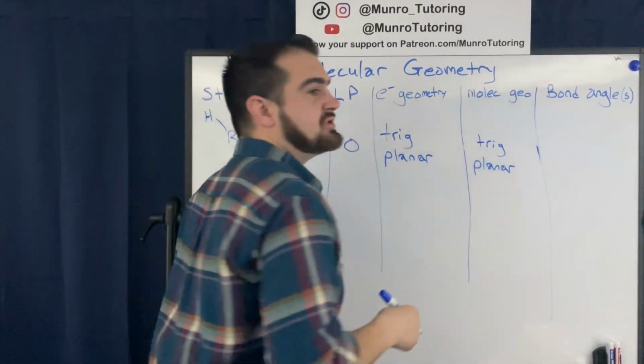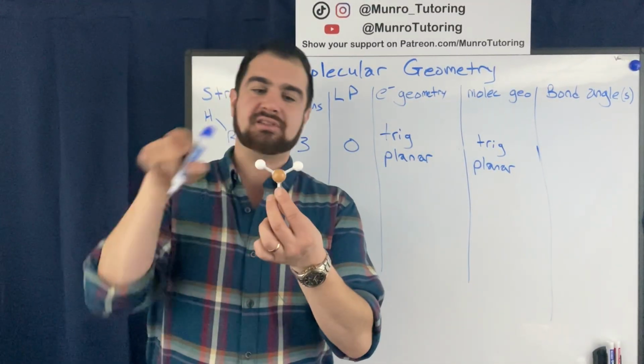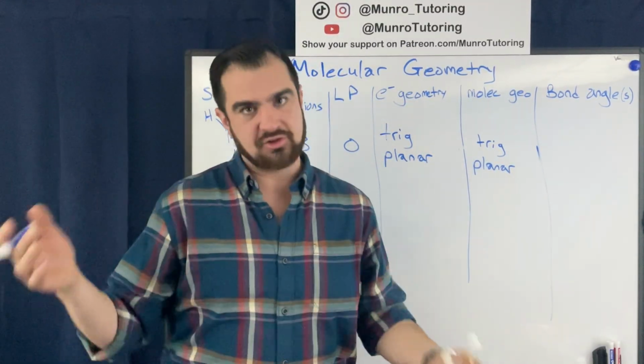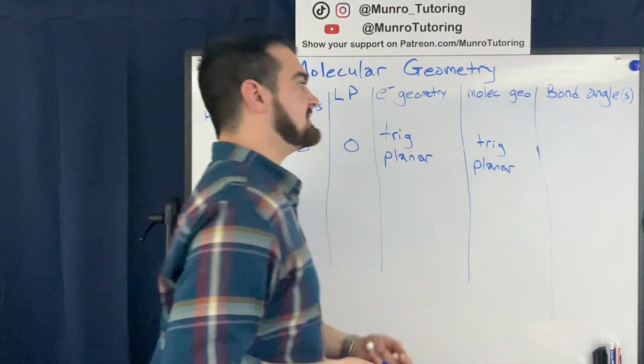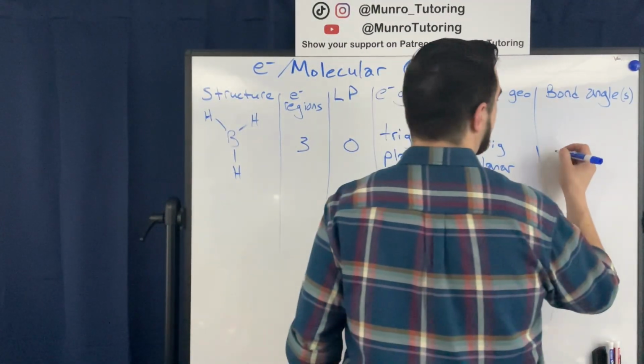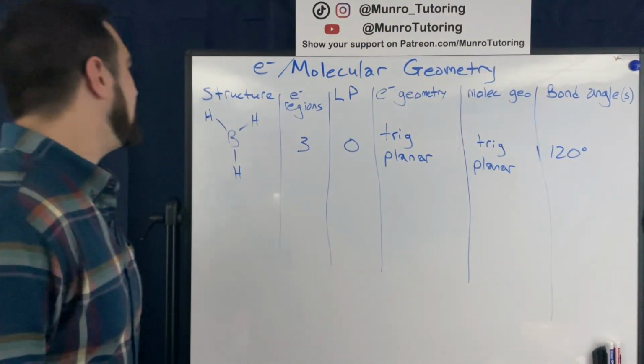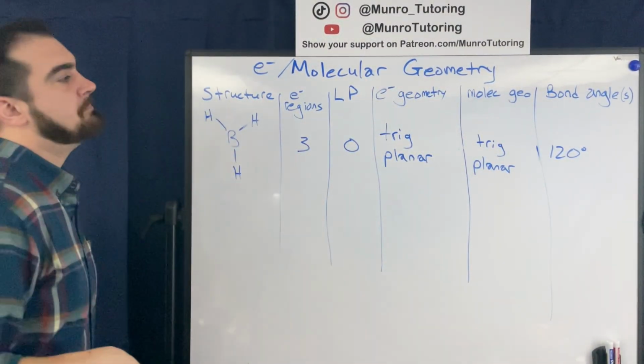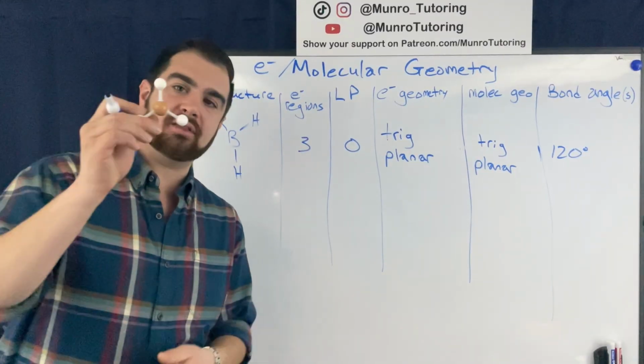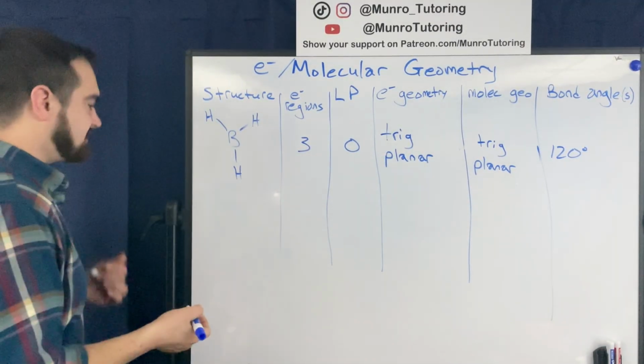And then if you just took a circle, 360 degrees, and divided it into 3 spots, that's 120 degrees between any of these outer atoms. So that is 120 degrees. Now, what if I have the same idea, but I take away one of the atoms? So let's do something like,